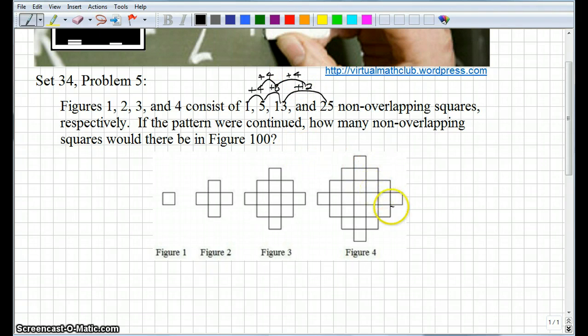And I think that's the key, is to look for something about these diagrams that gives you an arithmetic series, because it's fairly easy to work with arithmetic series. So let's take a look at the dimensions of this. So here it's 1 by 1, and here we have 3 by 3, right? So the width and the height are 3. Here the width and the height are 5, right? So we could write those out, 1 and 3 and 5,